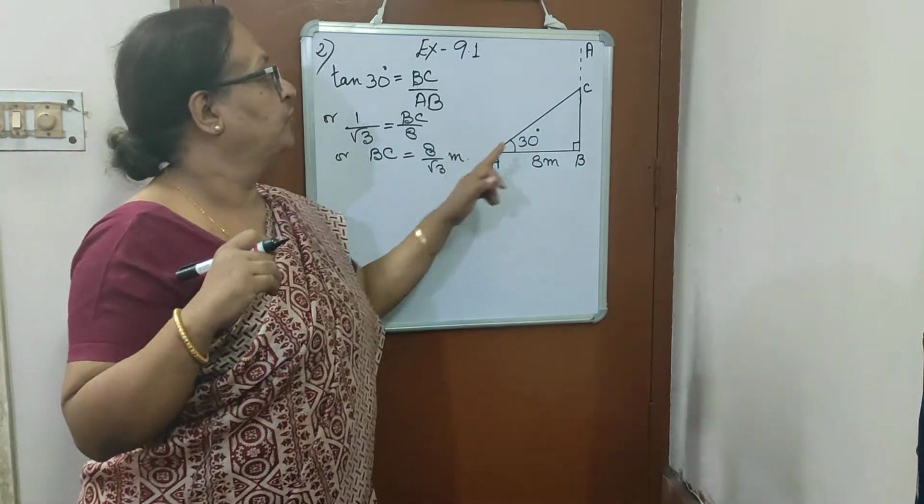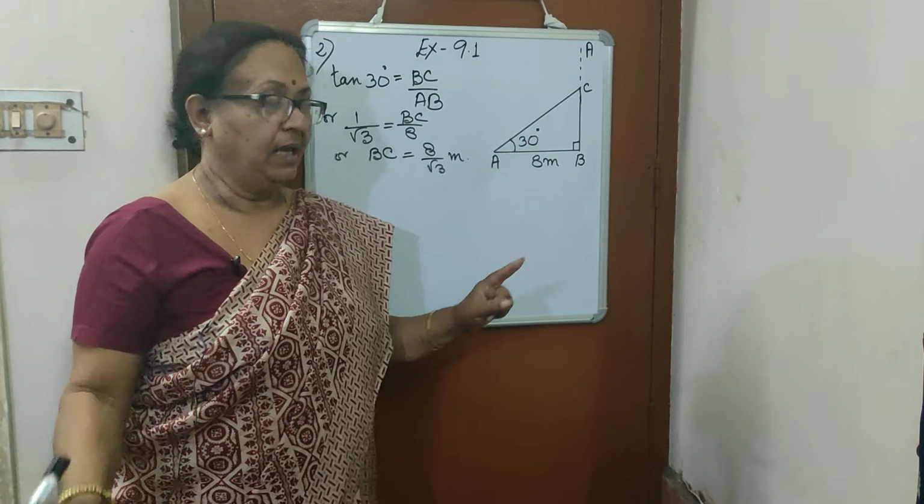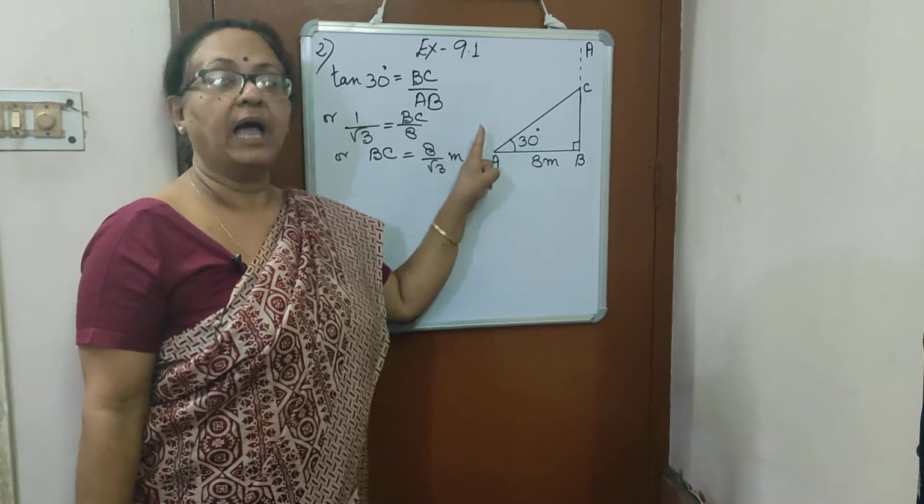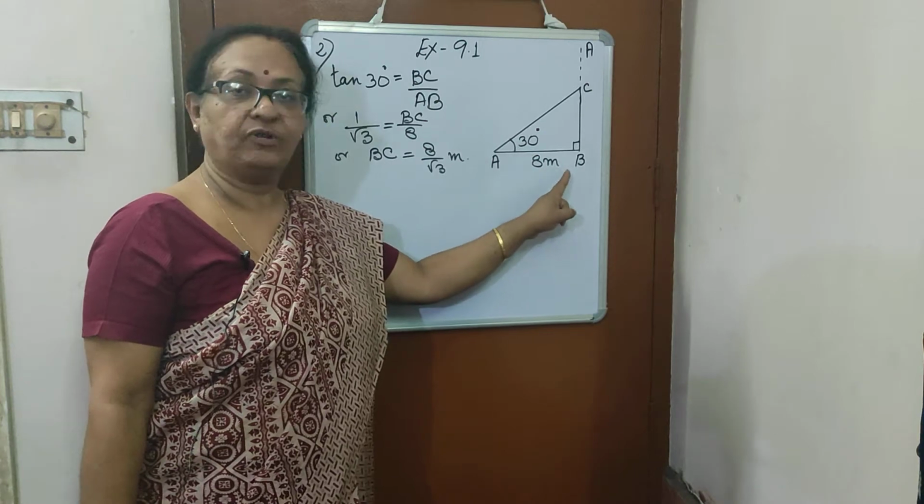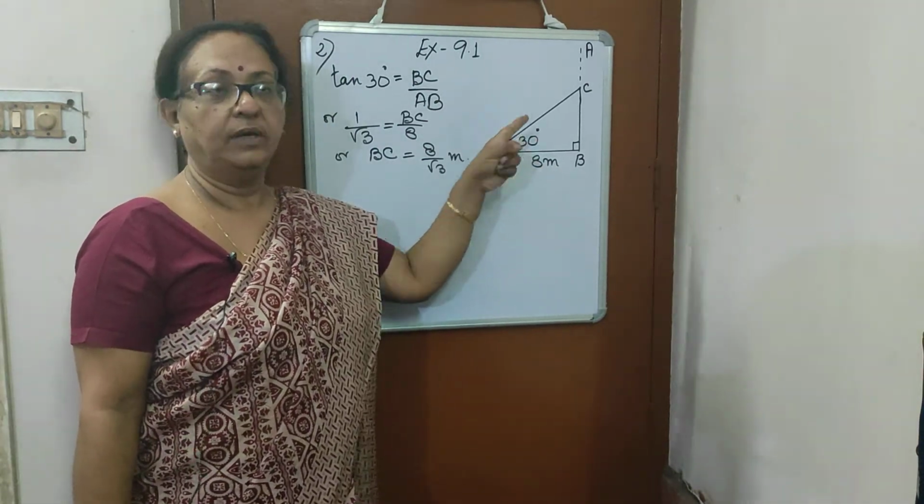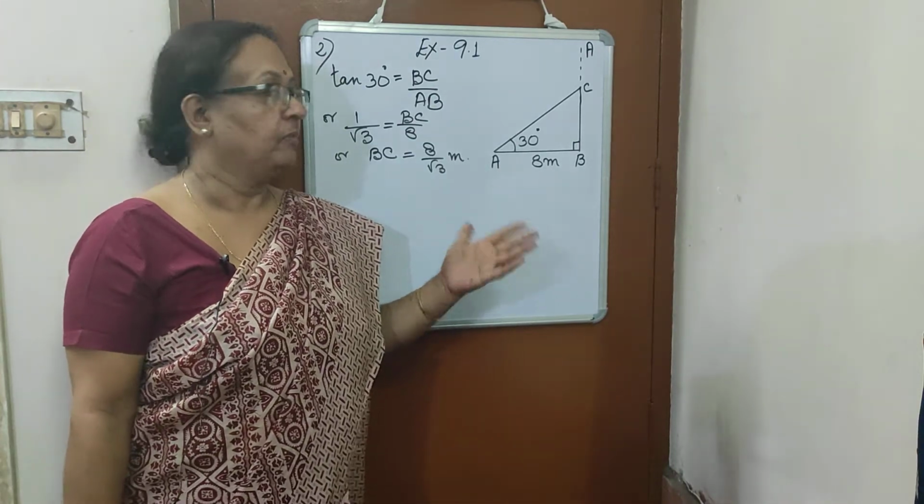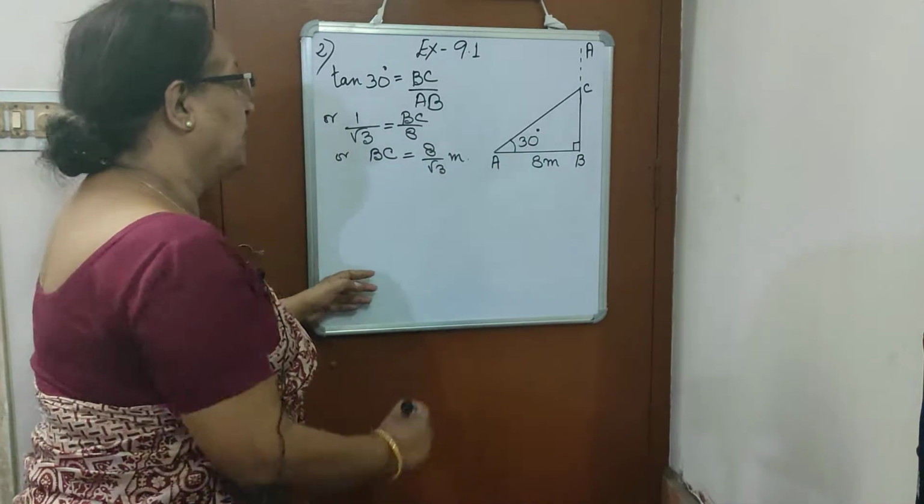We need now to find AC, that is this AC. Again see, this AC is the hypotenuse of the triangle. You have the base of the triangle. So, which relation connects the base and hypotenuse? We can use cos theta. Cos theta is base by hypotenuse. So, now we write